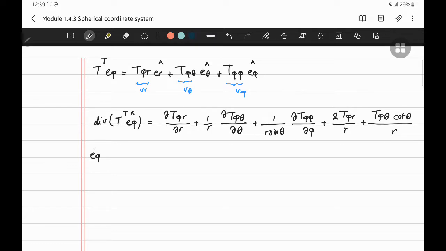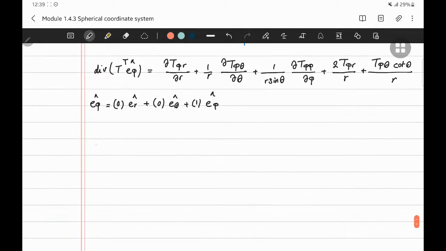Next we have E phi, which is basically 0 E_r plus 0 E_θ plus 1 E_φ. And here I have del E phi, so it is 0, 0, minus 1 divided by r, 0, 0, 1 divided by r cotangent θ, 0, 0, 0. And I have here the T transpose,